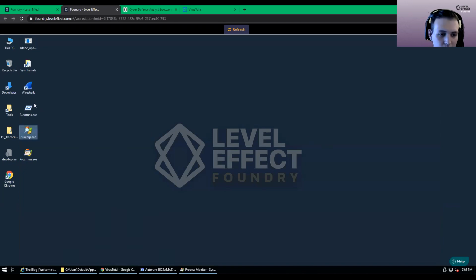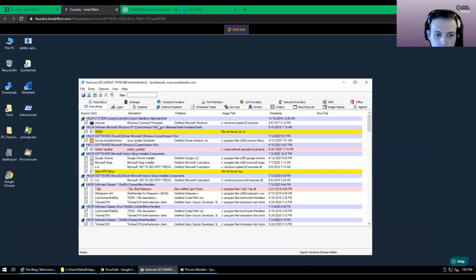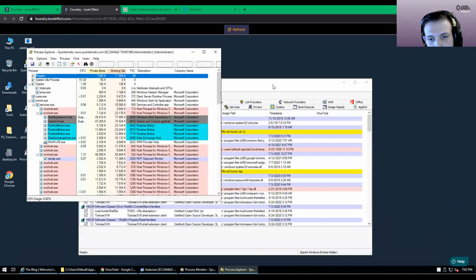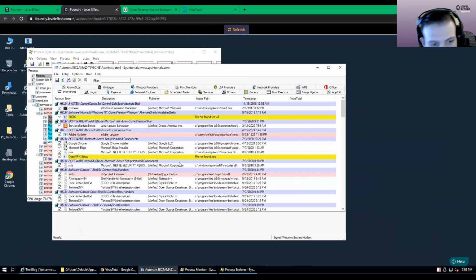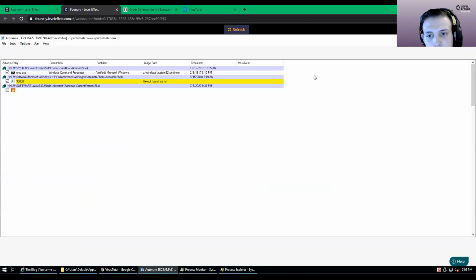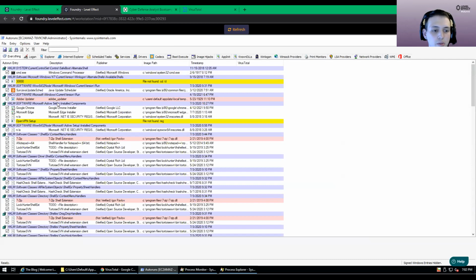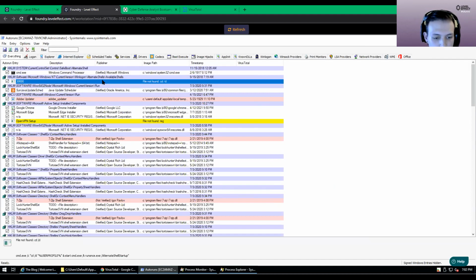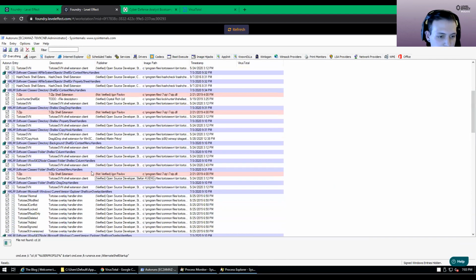Open Process Explorer, get that running. Now that I've run this twice, hopefully we have some kind of persistence. This is our Autoruns tab that I was telling you about. It is where all footholds can be seen. If this malware is going to be persistent, if it's going to keep itself on this computer after rebooting it, we'll find it in here. A lot of the time you'll find them in scheduled tasks or elsewhere. We just want to make sure that we find something so that if we do reboot this host, this malware will be gone by the time we do. So I thought this 3000 is interesting, but